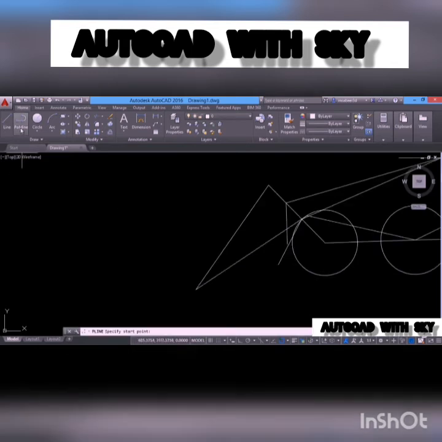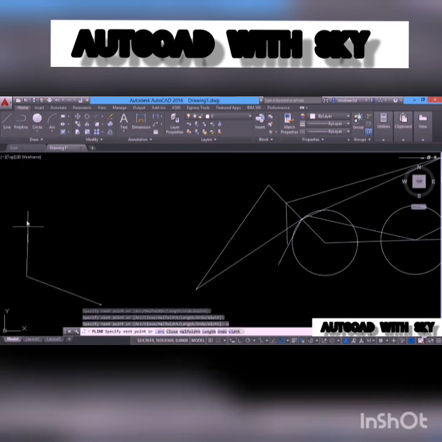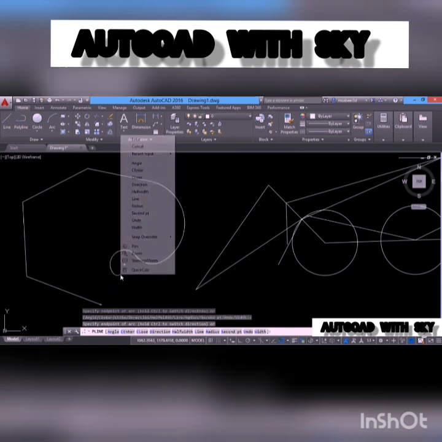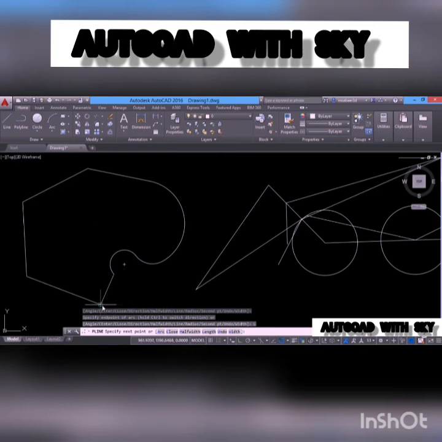There is a command called polyline in AutoCAD. We'll discuss about this command in detail in some other video. I'll pick a number of points to create this polyline. So the polyline can also be made up of arc segments. So right click and go to arc option, make an arc, then one more arc here, then I'll come back to line, then I'll connect with this.